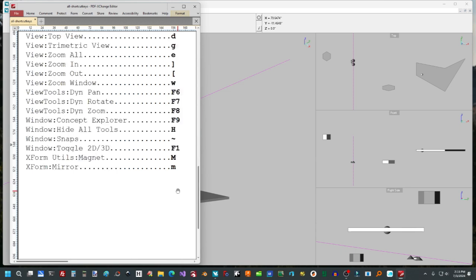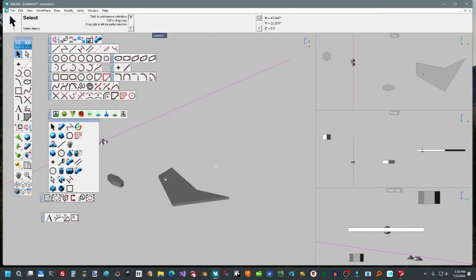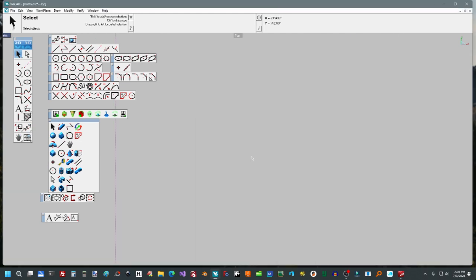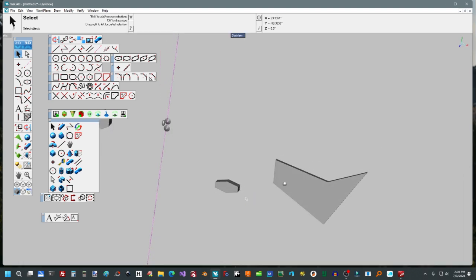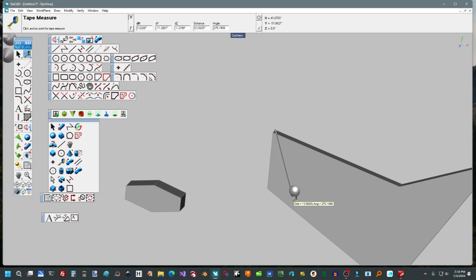That's where Rhinoceros 3D has a nice feature: you hit Q, you get a quad display, a single display. I don't use the magnet, I use the F1, and I hardly use the mirror. So again, the F1 puts you back in 2D mode. F1 puts you back in 3D mode. F4 allows you to measure things. In fact, I think this measurement is superior, better than anything Blender has. Blender just makes them stick around, and I don't like that. So you want to go to the midpoint, and you get your distance up there. You click, and it doesn't clutter up your display with too many of those if you really need